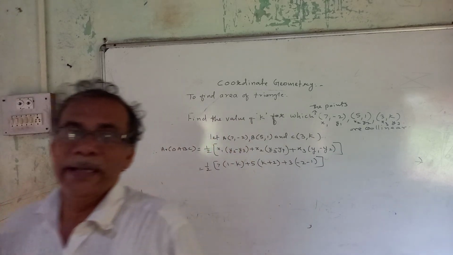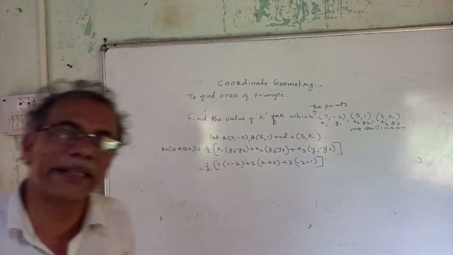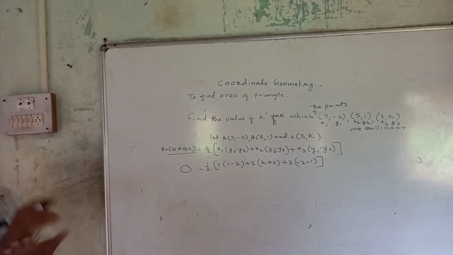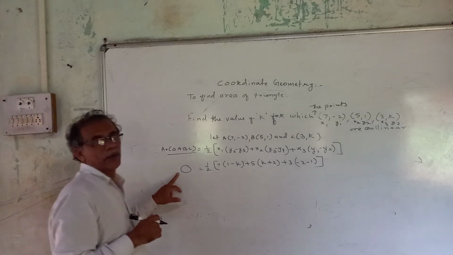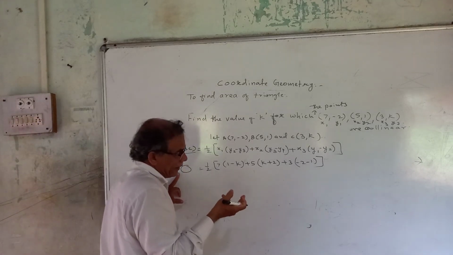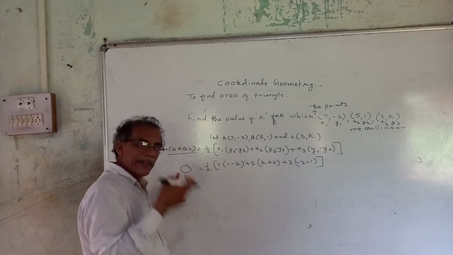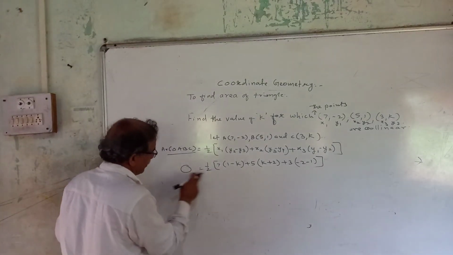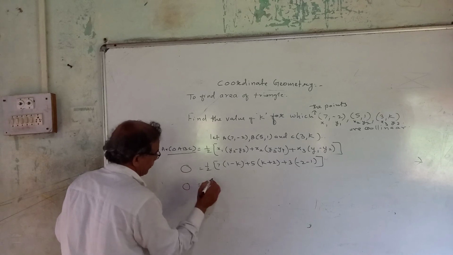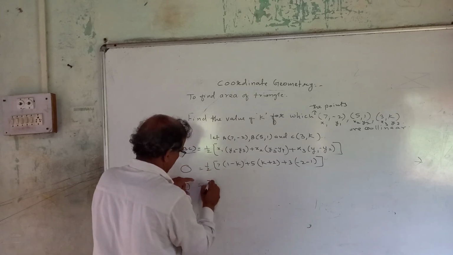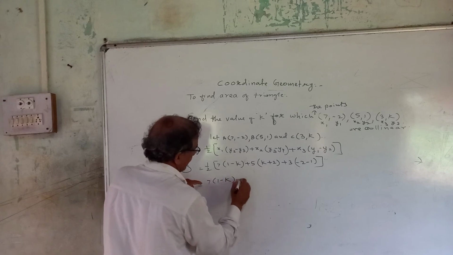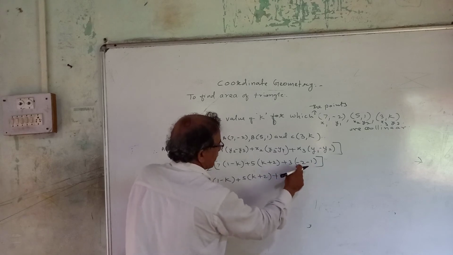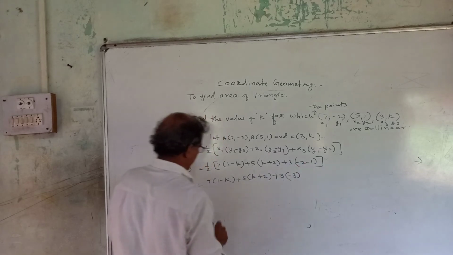But if these 3 points are collinear, they do not form triangle, means area of the triangle how much? This answer will be 0 because they are collinear. So here directly we have to take 0. That they are collinear is given, means the area of triangle is 0. That is indirectly given to us. So now this upon 2 will come here. So 2 into 0. So 0 is equal to, now you have to simplify this. 7 into 1 minus k plus 5 into k plus 2 plus 3 into minus 2 minus 1, minus 3.